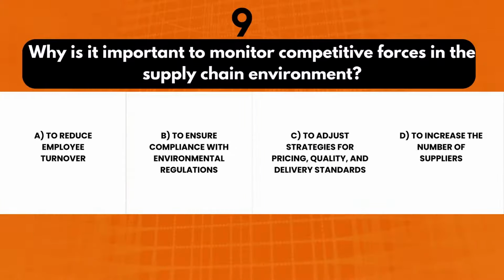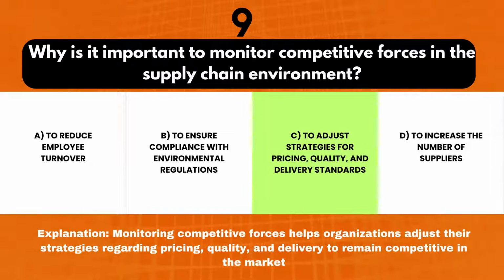they operate. 9. Why is it important to monitor competitive forces in the supply chain environment? A. To reduce employee turnover. B. To ensure compliance with environmental regulations. C. To adjust strategies for pricing, quality, and delivery standards. D. To increase the number of suppliers. Correct answer, C. Explanation. Monitoring competitive forces helps organizations adjust their strategies regarding pricing, quality, and delivery to remain competitive